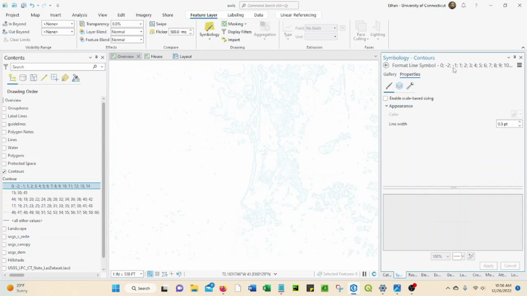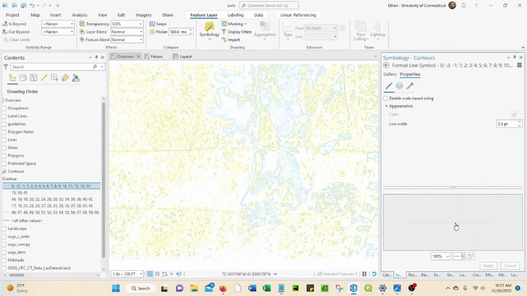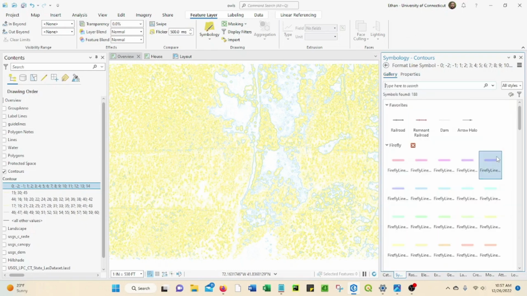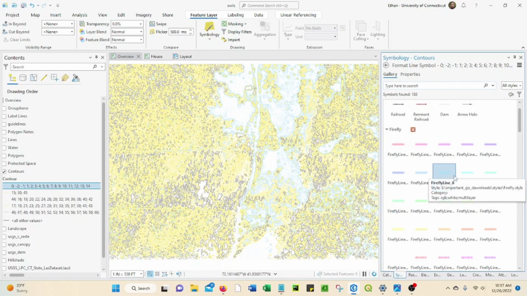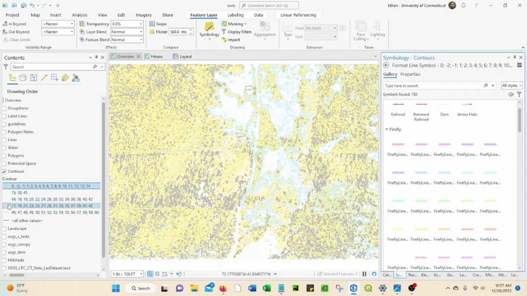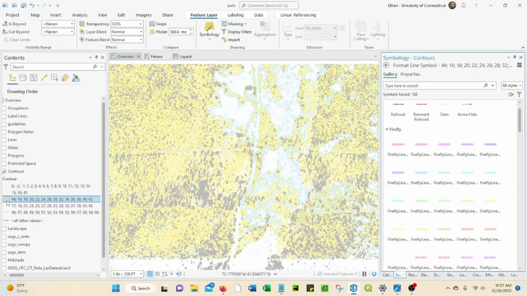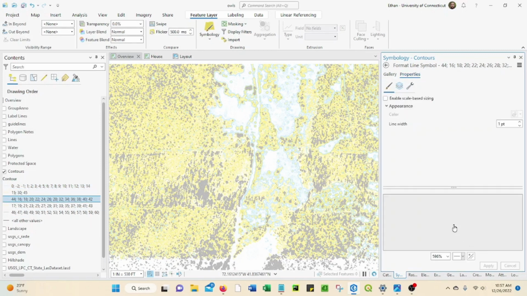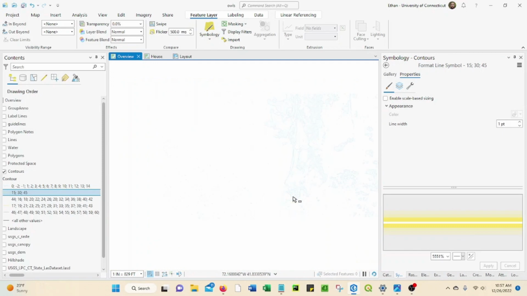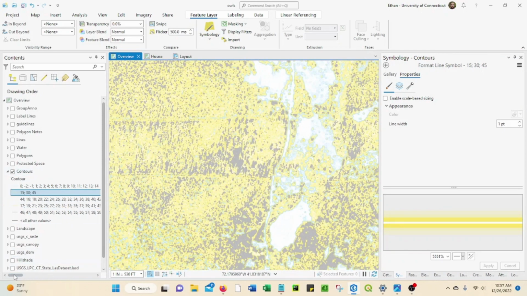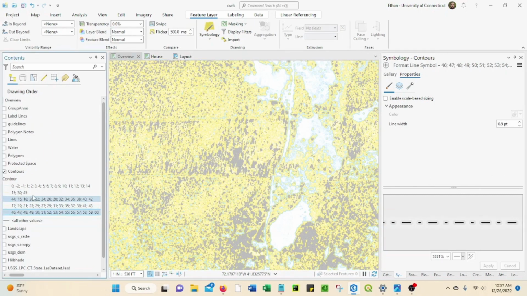So here are my ground levels, right? I've got some -2, -1, all the way up to 15 feet. And for the symbol that I used, I imported the Firefly style file and I symbolized them in blue because I figured they would pop really well against this gold and yellow. Everything that is between, sorry, I took those out. Everything between 15 and 45 in yellow, so that they're really bright. And then everything in the upper canopy, I gave it this sort of